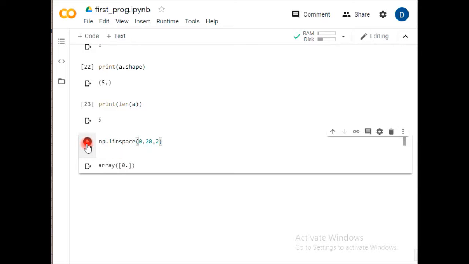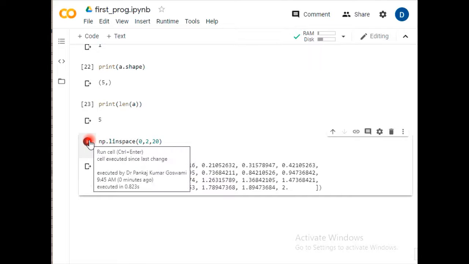Similarly, you can easily make changes here, taking this 2, making this 20. It's like that.